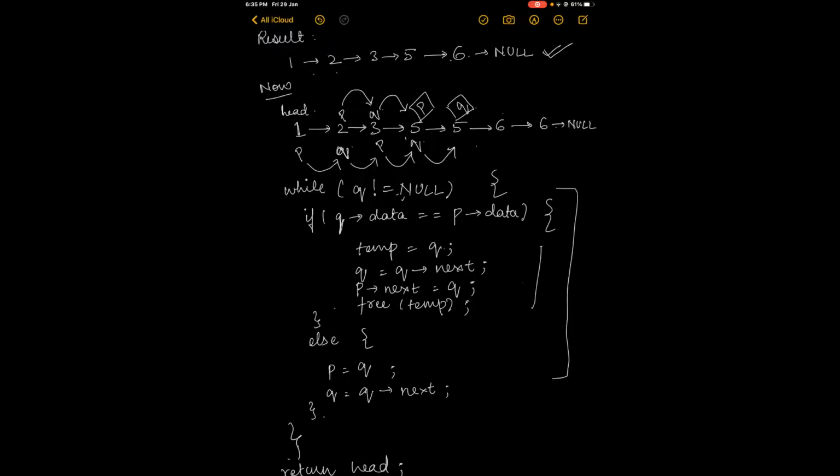And in this case we'll be making another pointer called temp and assigning it the value of Q. So temp is equal to Q, Q is equal to Q next, that is we move it one step forward, and now this is our Q. Now P next is equal to Q. This means that we are now forming the link between P and Q, and once this link is formed we can free temp, that is we can now break this